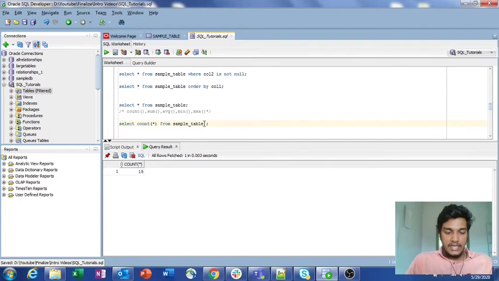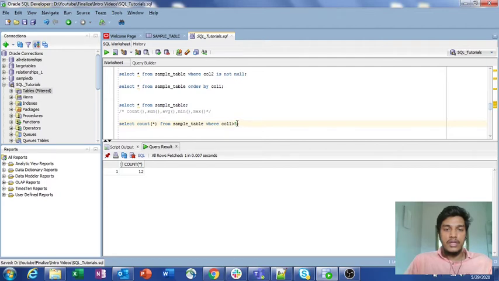Suppose you specify a condition, like where column 1 is greater than 5, then the count will decrease a little, because first it will run the condition, column 1 is greater than 5, and then it will count only the records satisfying that condition. If I run this, you get a total of 12 rows, not 15, because we have a total of 12 rows with column 1 value greater than 5.